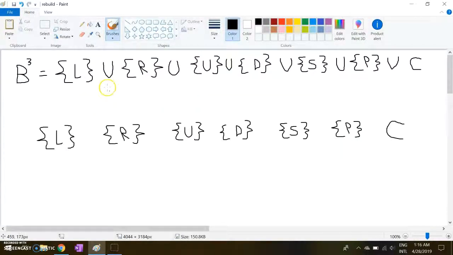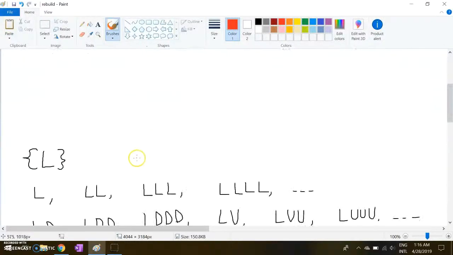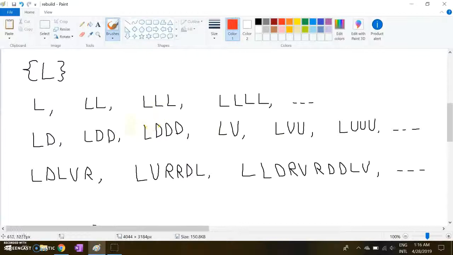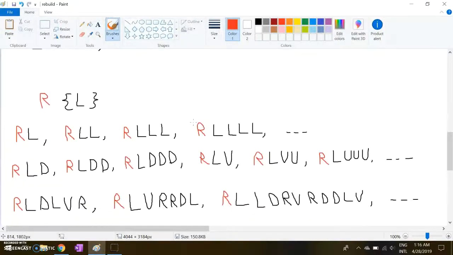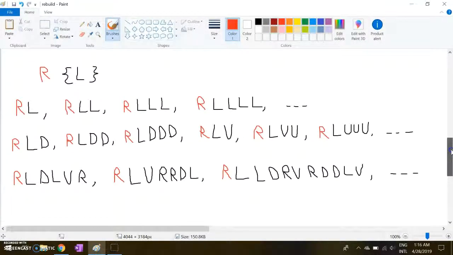Now, to make a unit ball, we need all of these 6 pieces plus the center. So I have them listed out here, and every time we use one, I'm going to cross it off. So let's just begin by using the left piece, and we can consider that one used of our 6 pieces we have to work with. So again, here's the left piece. It has all of the words that essentially begin with the letter L. So what we're going to do is rotate this piece to the right. And by rotating it to the right, we add an R to the front of every single one of these words.